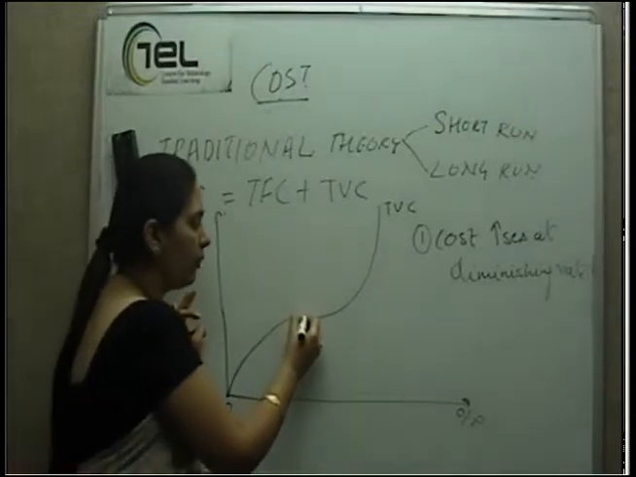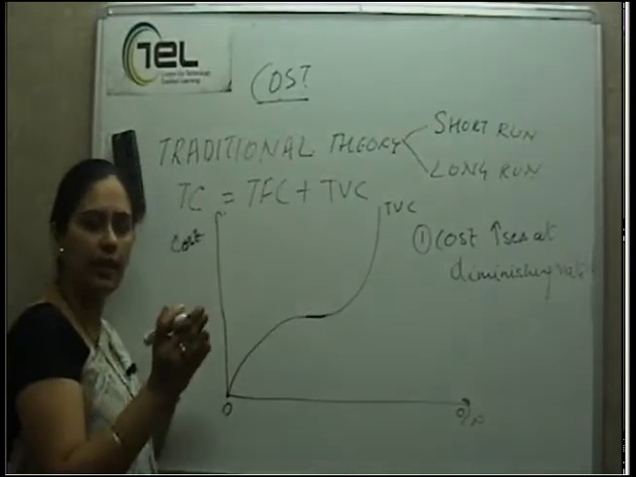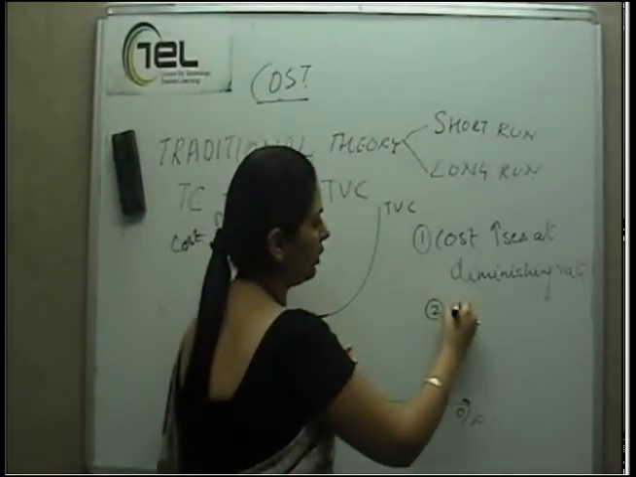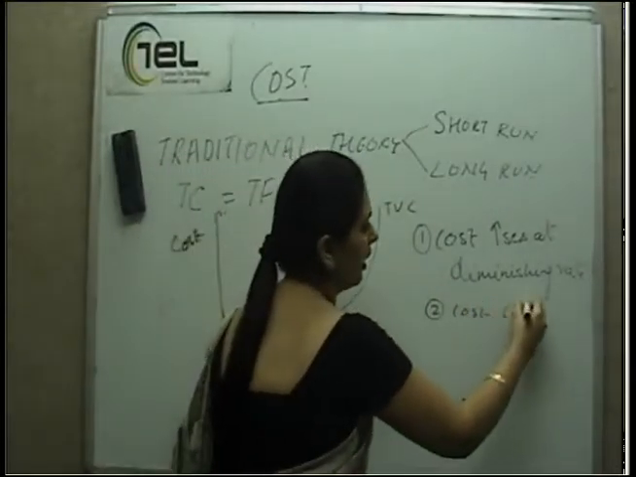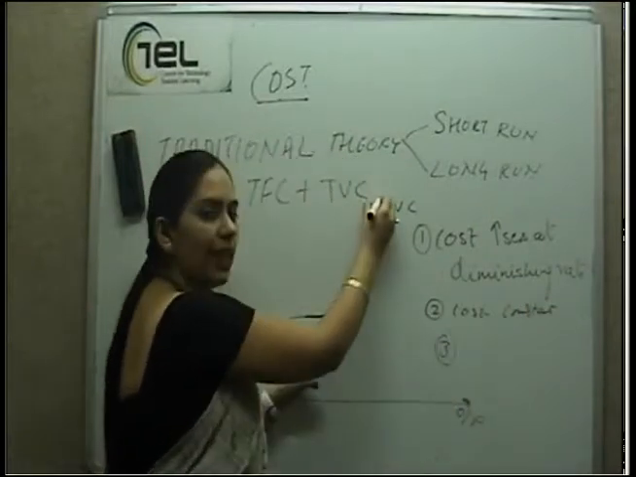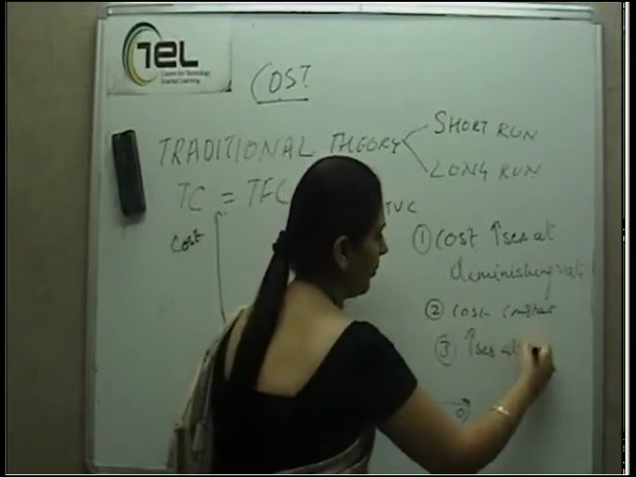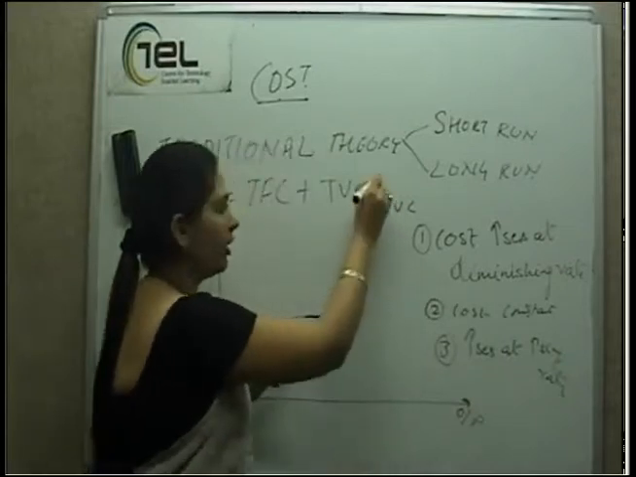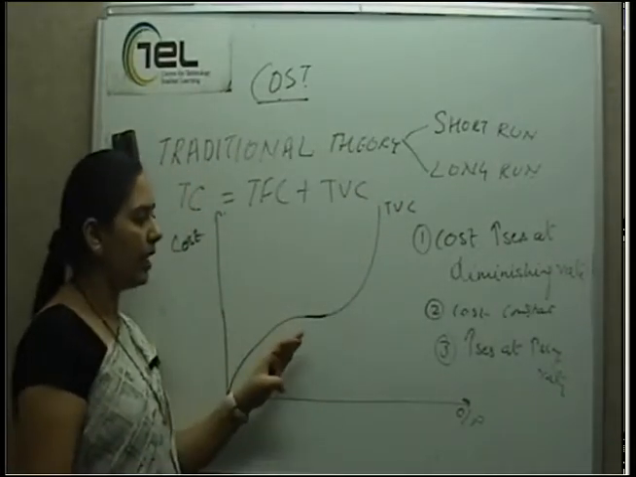Somewhere we come to a level where my cost is not increasing at a very high rate, more or less constant. And this, I would say, would be the second stage where my cost is more or less constant. And third, I would find that my cost increases at an increasing rate. The reason for this third stage where my cost increases at an increasing rate is maybe we have